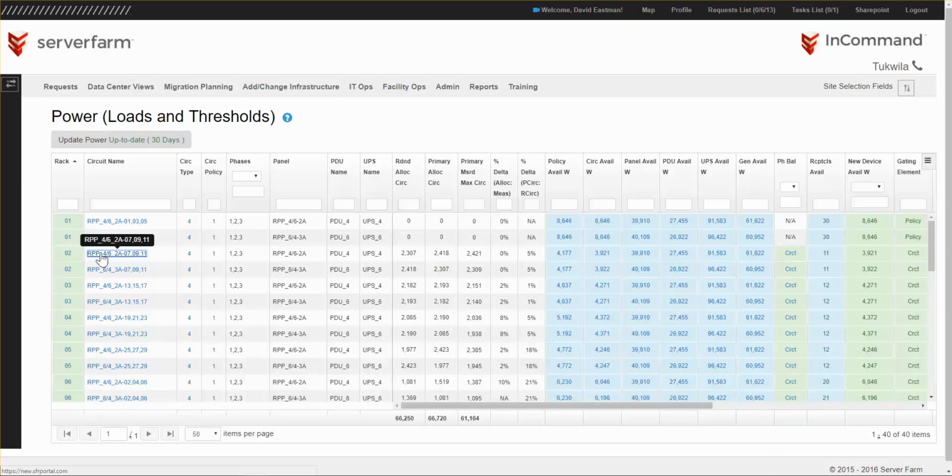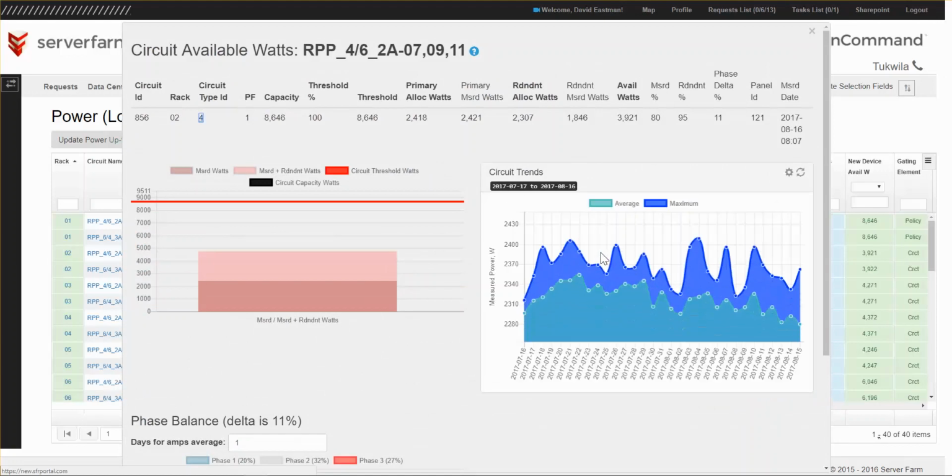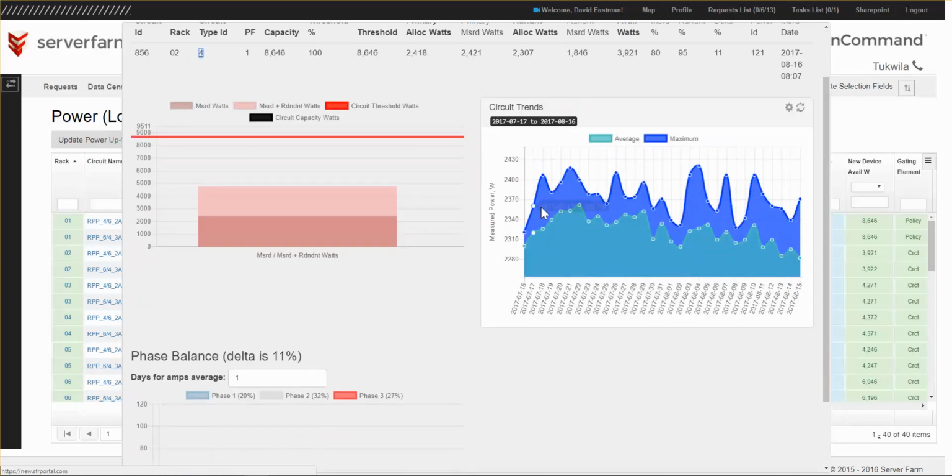Now, let me show you how to dig down into power details. Coming over here to the circuit, for example, 3,921 watts. Wherever the cursor turns into a hand, I can click. So I'm going to click on that 3,929 watts and find out details. It lists the circuit. It gives me the trend showing me the average value of that circuit and the maximum value of that circuit